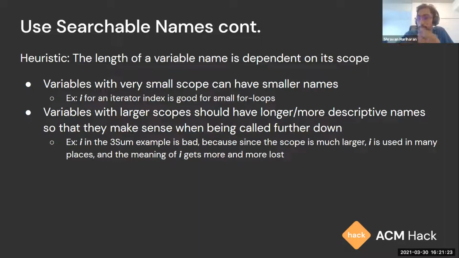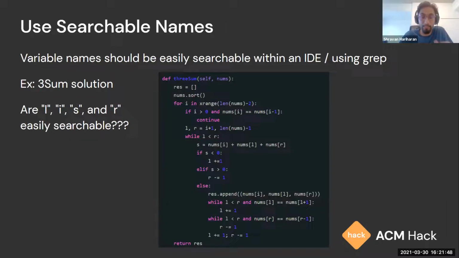So I'm not saying to never use i in a for loop, right? You can totally use i in a for loop if it's just the lowest level of a function. If there's nothing else nested inside that for loop, or that for loop isn't gigantic, then totally use i, because i is a general convention that everyone knows, i is an index, right? So i is totally good for small for loops, but for larger for loops, like the 3sum example,